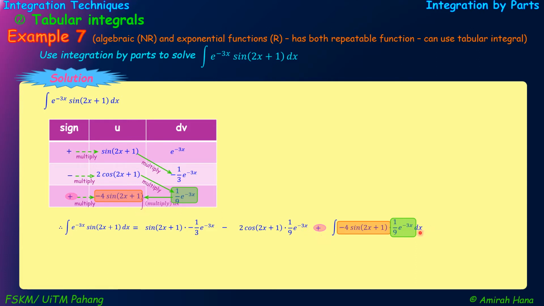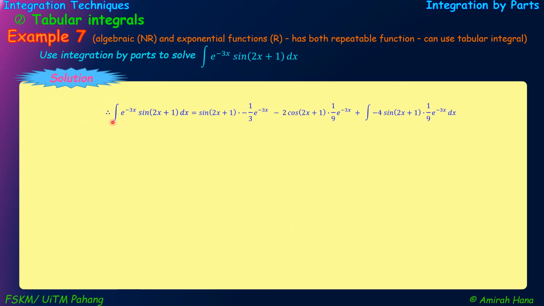Right? So we get this. Okay. From the previous slide, we get this. Right? And after that, we need to simplify. Okay, so we get the integration of e to the power of negative 3x sine 2x plus 1 dx equals to,